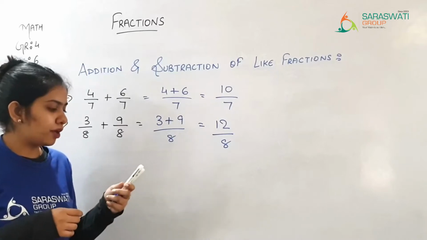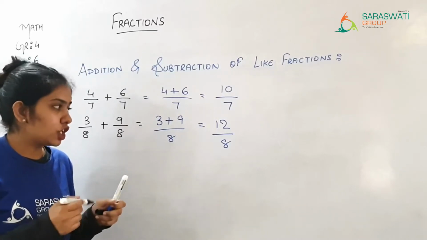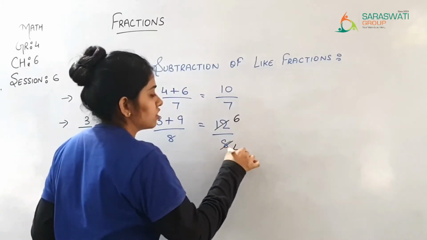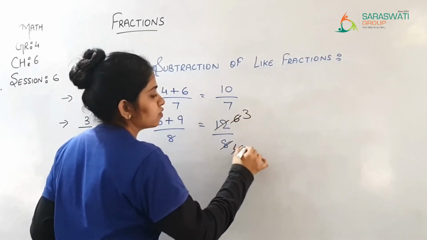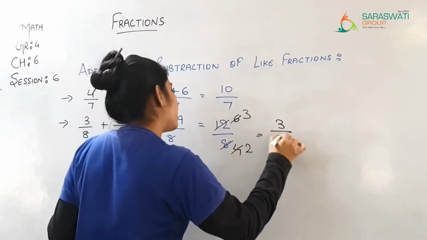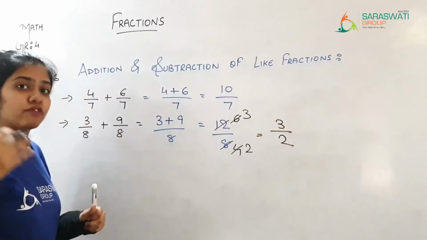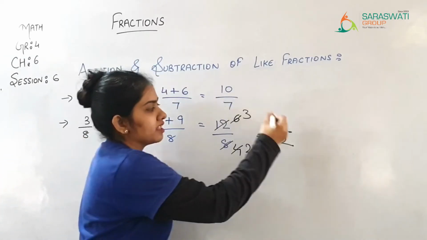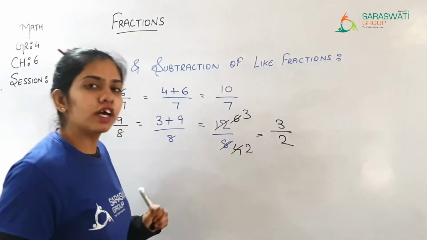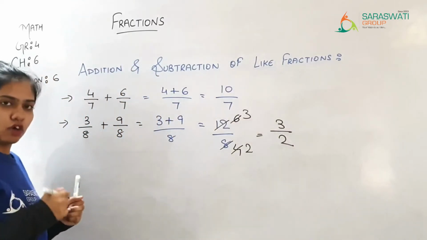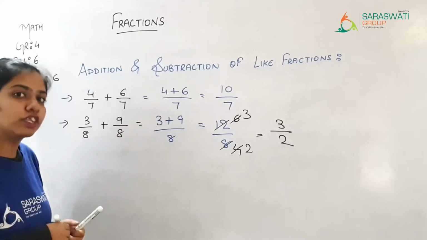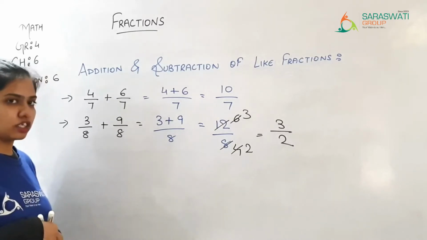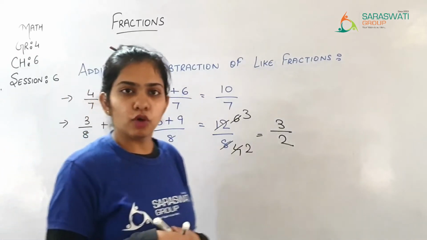Yes, because you can simplify this as 2 sixes are 12, 2 fours are 8, and 2 threes are 6, 2 twos are 4, so 3/2. आप सिंप्लीफाई नहीं करते और वैसे का वैसे 12/8 रखते हो, that is also correct, and 3/2 that is also correct, वो भी आपका सही है। Okay, if you write 12/8, that answer is also correct of yours, क्योंकि आप यहाँ पे सिर्फ एडिशन ही करते हो, आपको सिंप्लीफाई करने के लिए नहीं बोला है।